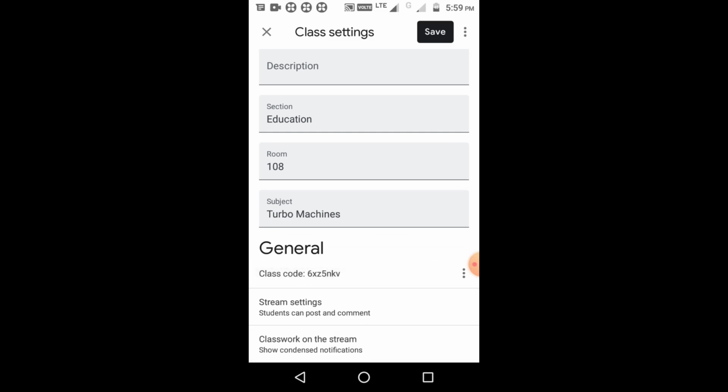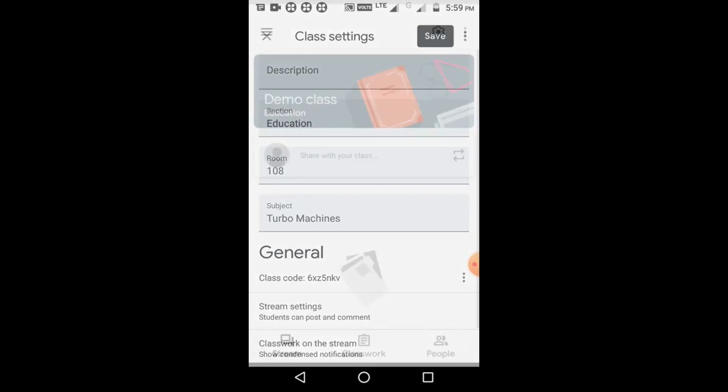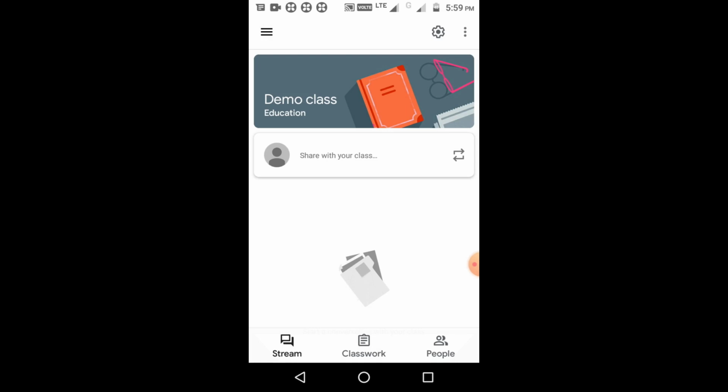Now you can share this class code through other applications with the students, like WhatsApp and message. Once they get this class code, they can join by using the join class option which we have seen earlier. So these are the two methods through which you can add students to your classroom.